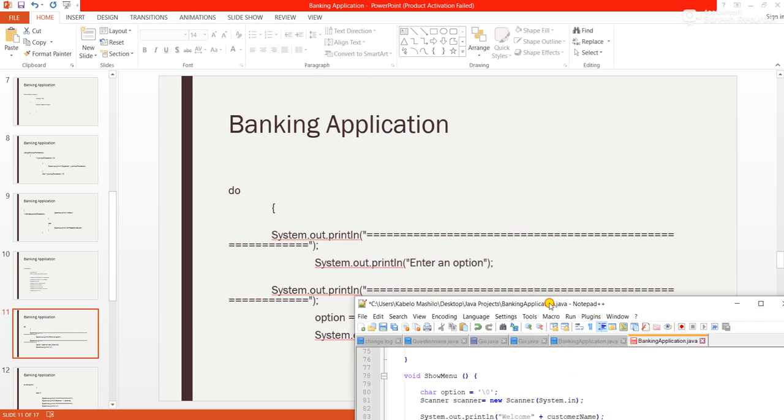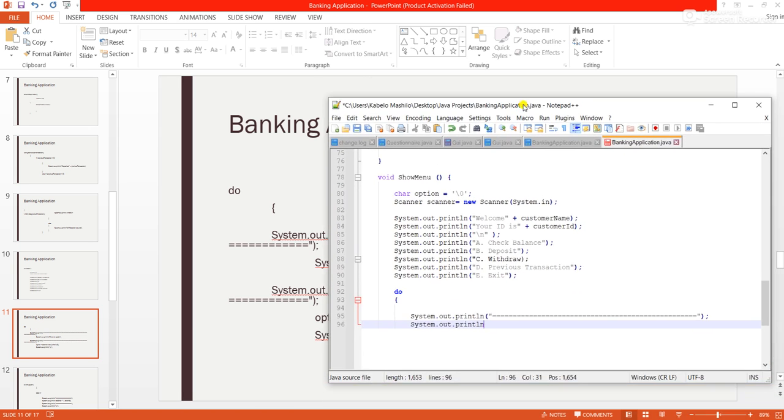System print line, enter option, enter option, enter option,